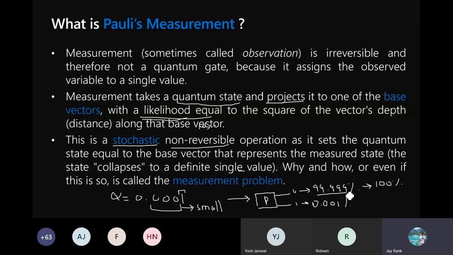It has to always be 100% 0 or 0% 0. It cannot remain 99.99 or even 0.001%. It has to be always either 100% or 0% because we are dealing with quantum states. Quantum states already are very minute components, and when we want to manipulate them, we have to make sure that there is no error at all.